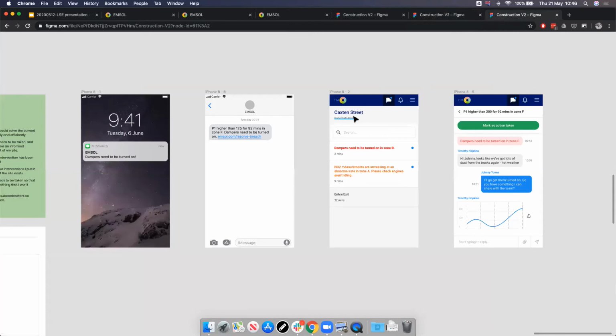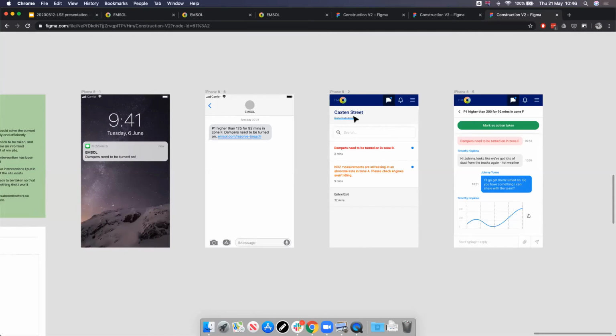Okay, and the final view, so we hope that air quality monitoring and air quality management can be a bit more interactive in the future. At the moment, a lot of the efforts are focused around reporting and doing analysis after the fact, but not very much happens on a day-to-day basis to help people actually improve the situation. So this is a system where a construction manager on site, or maybe a logistics manager, would